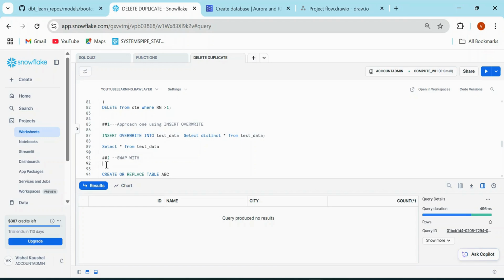Now, what if I do not want to go for the insert overwrite approach? Okay, I can use the swap with command. So what I'm going to do is create an intermediate table, whether it's a transient table, I can create it. And then once the table is created with the distinct records, I'm going to create a new table and then I can swap with. So whatever data we have in the new table will be replaced by our existing table. It is kind of like a equal to 6, b equal to 5, and I want to swap the variables,